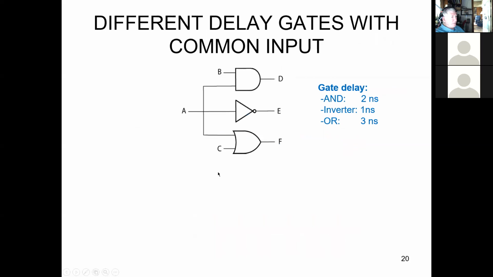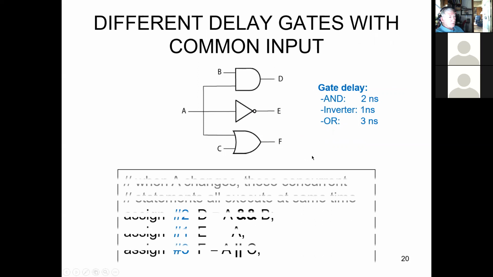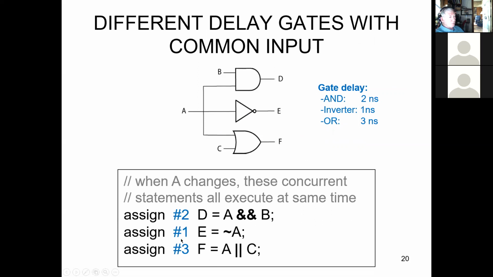You have B, C, and A. A is going into every gate, and you have outputs D, E, and F. But each gate specifies a different propagation delay. So you would write this with different propagation delays, an assign and the propagation delays, and then the gate here,